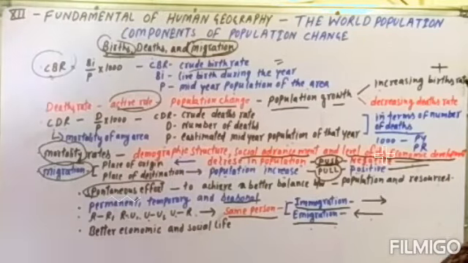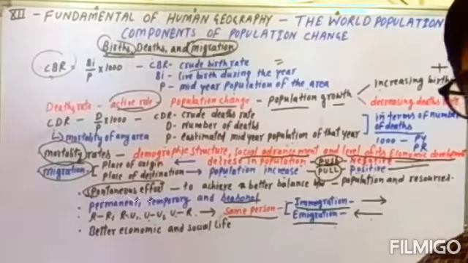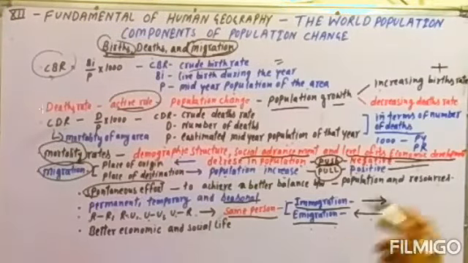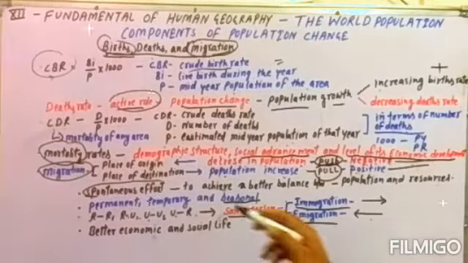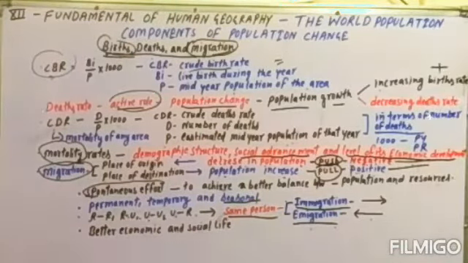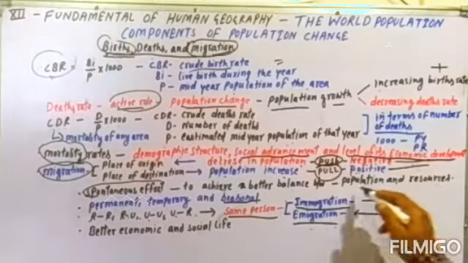As we have seen many times in history also, such as the laborers, the people who were moving from one continent to another continent, it also greatly affected population change at that time. So students, hope you can understand well. Then spontaneous efforts of migration can be seen to achieve a better balance between the population and the resources,